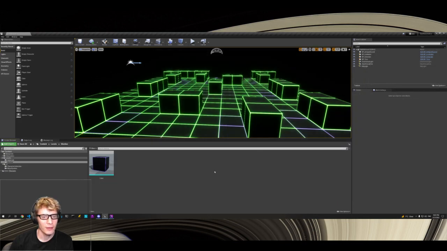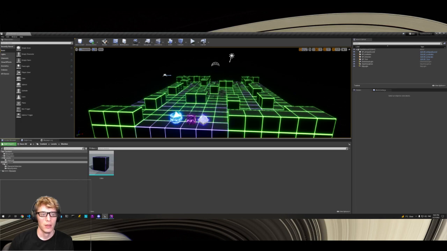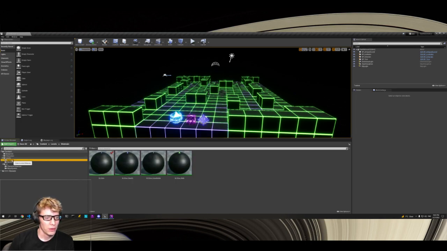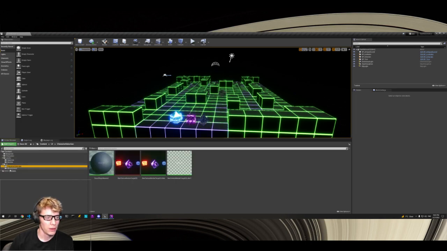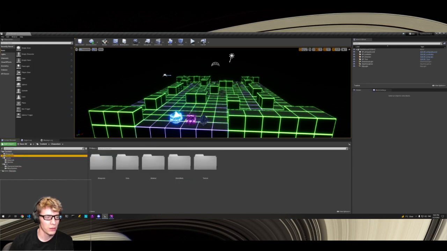Yeah, that's that. So we have our cubes, we have our map generated. What else did I do? I mean, that was a lot. Yeah, I think the next aspect here,